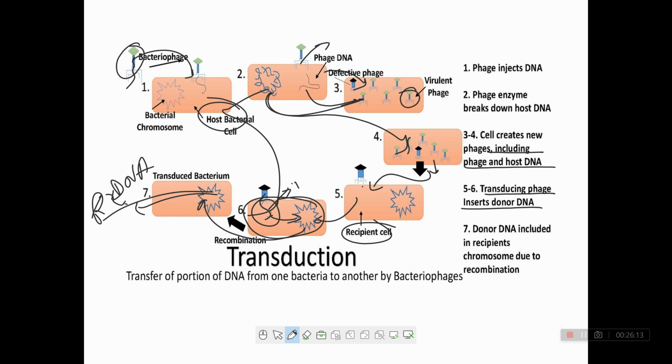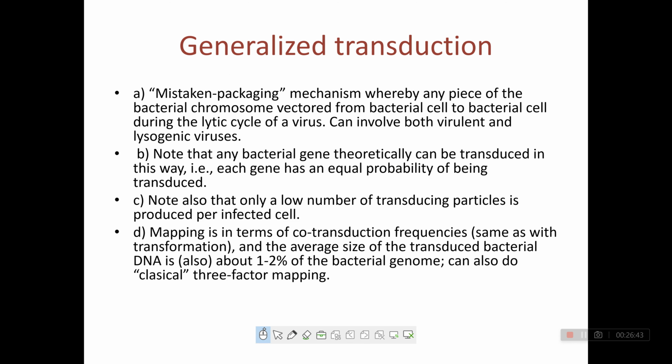This is the process of how the virus helps in transferring the genetic material. First, phage injects DNA. Phage enzyme breaks down the host DNA. Cell creates new phage including phage and host DNA. Transducing phage inserts donor DNA. Donor DNA is included in the recipient chromosome due to the process of recombination and forms a recombinant DNA. Clear this process? Now we study individually